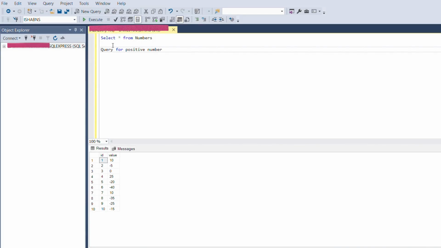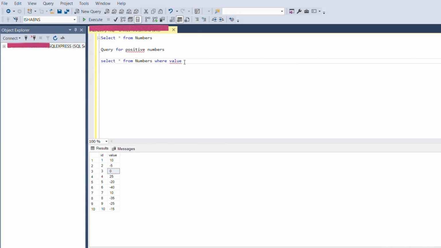Now we want to prepare a query for getting only positive numbers. We can achieve this by giving a where condition, like select star from table. This is my table, where based on the column I'm taking. I want the value column because we have positive and negative values here.